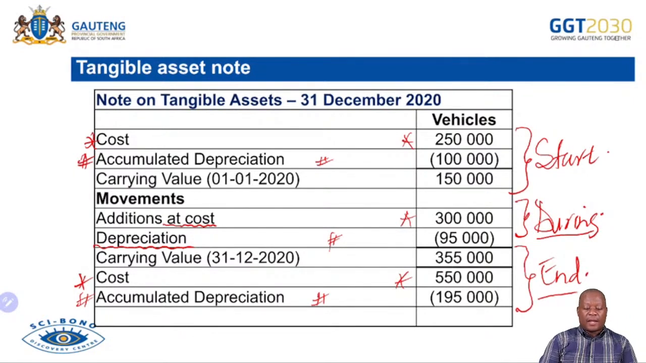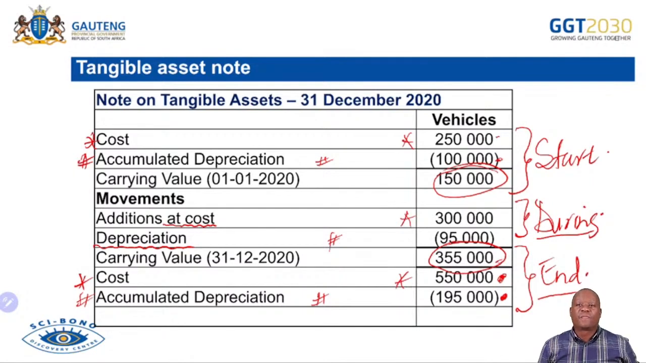Now, carrying value is a result of what we have at the start or what we have at the end. So let's start with the start. What is the carrying value? The formula for finding carrying value is never changing. Cost minus accumulated depreciation, which says 250 minus 100,000, and it gives us 150,000. We take the same concept to the end of the year. Cost 550 minus 195 accumulated depreciation, it gives us our carrying value of